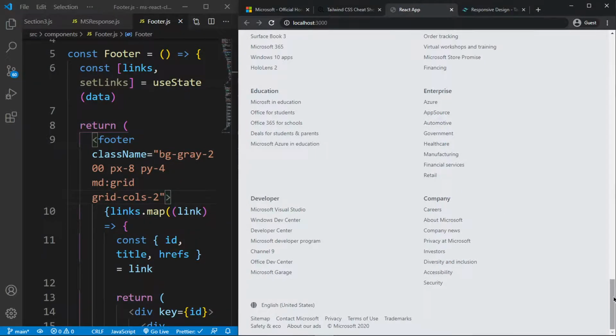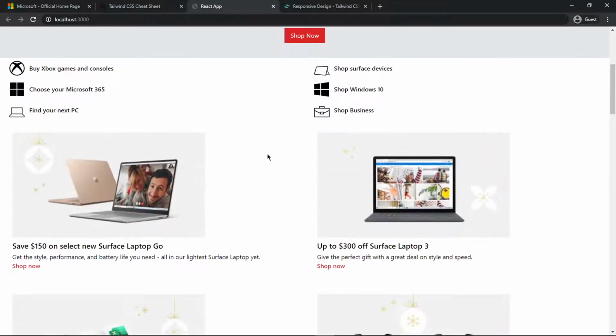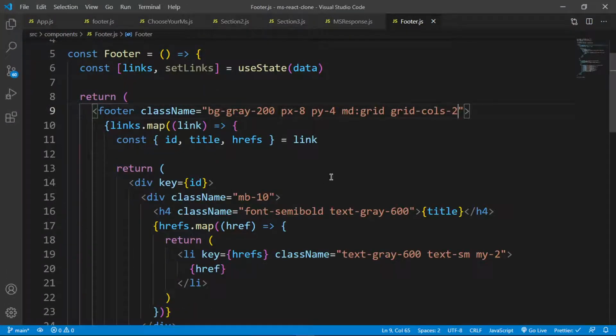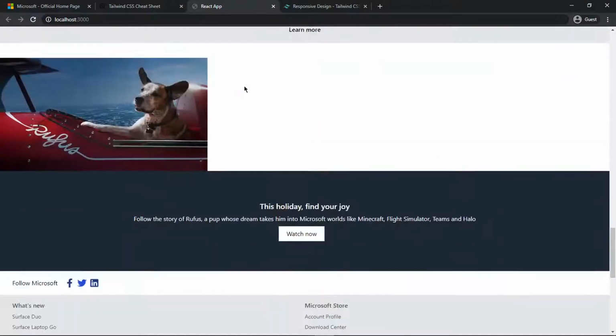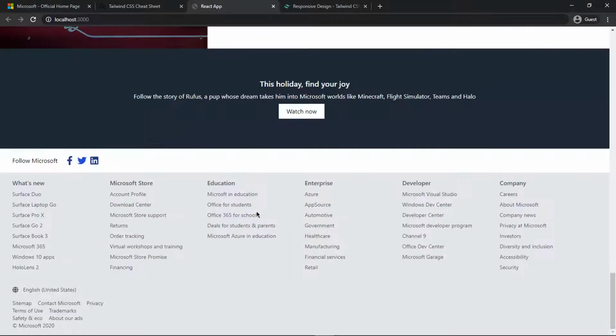So let's scale it up for larger screens once again, and I'm going to start with the 2 extra large, because I don't want this to be displayed as 3. I just want them to go from 2 to 4 immediately. So I can do that by saying for my extra large screens, okay. So let me add it here for the footer first. For the extra large, I just want the grid columns to be, how many are there on the footer? Actually they are 1 2 3 4 5 6, so grid columns to be 6, like that, and this happens,